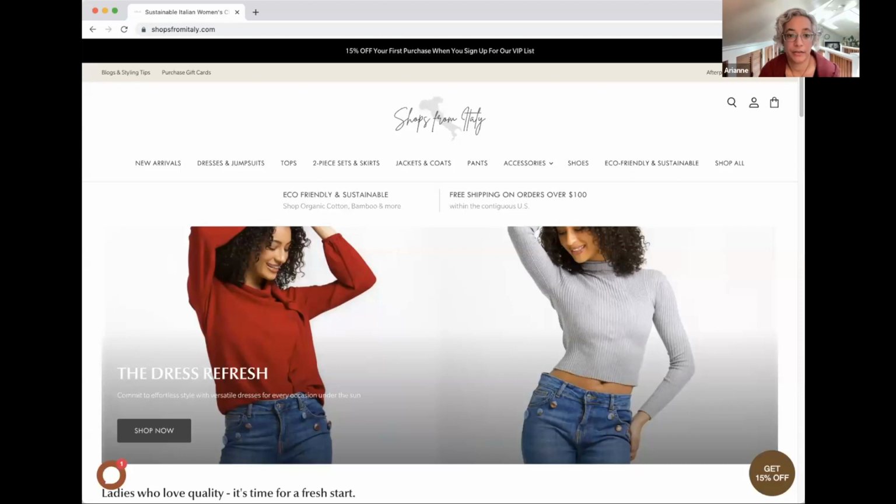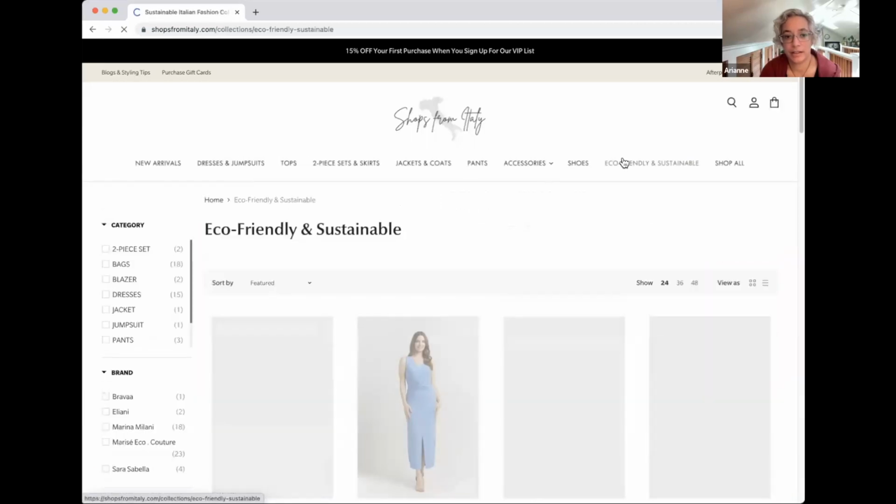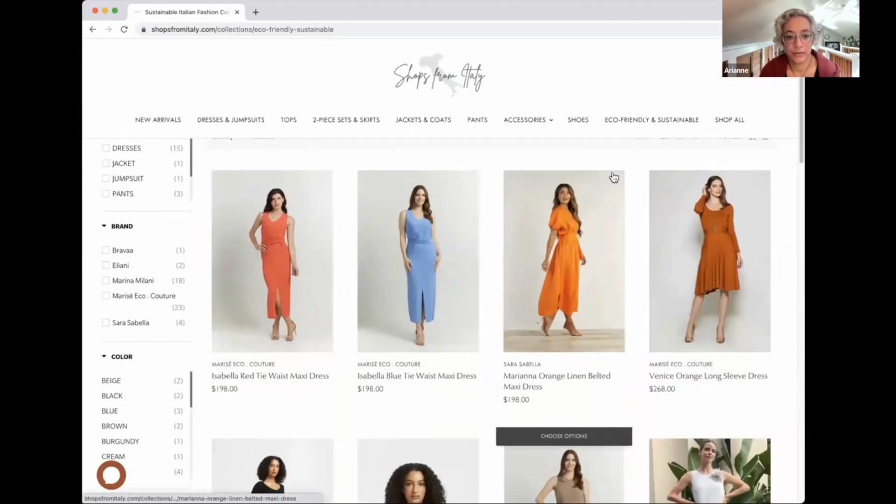And then there's a few things I don't understand about these categories. One is I don't understand why accessories is the only one that has a pull down menu. I'm wondering, can you hover over that? Oh, it's bags and scarves. So if it literally is only bags and scarves, I think I'd rather it just say bags and scarves across here. And then I don't know if eco-friendly and sustainable is a category or some information, but I think, are these the only things that are eco-friendly in your shop?